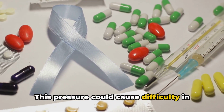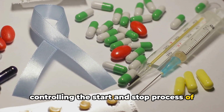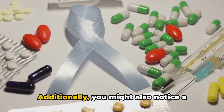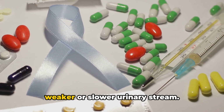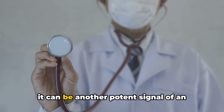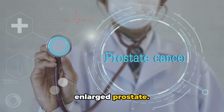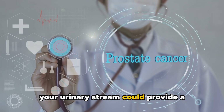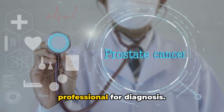This pressure could cause difficulty in controlling the start and stop process of urination, which is often a clear indication of an enlarged prostate. Additionally, you might also notice a weaker or slower urinary stream. This is not to be dismissed lightly, as it can be another potent signal of an enlarged prostate. The degree of weakness or slowness in your urinary stream could provide a helpful clue to your healthcare professional for